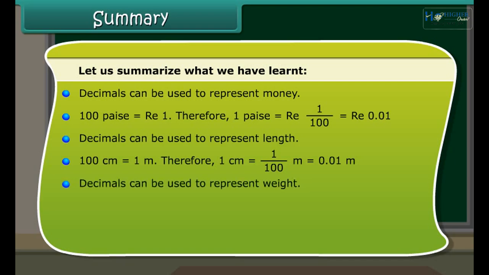Decimals can be used to represent weight. 1000 gram is equal to 1 kilogram. Therefore, 1 gram is equal to 1 upon 1000 kilogram, which equals 0.001 kilogram. Addition